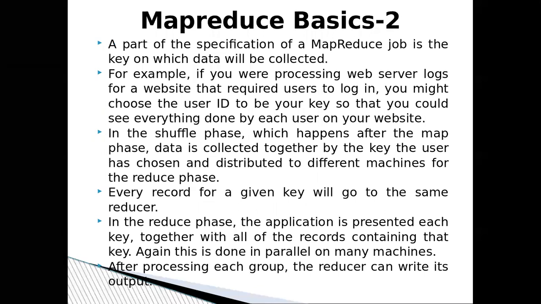And then the second phase is a shuffle phase, in which data is collected on the basis of a key. Now, what is the concept of this key? Let's take an example of web server logs. For a website, whenever people are visiting, there is a log record for them from the time they log in to the time they log out, whatever activities they perform on the website. If you need to process that, you should choose user ID as the key, because that would be the unique thing in that. Your shuffle phase, which is after your map phase, collects the data on the basis of a key. Then this is sent to the reduce phase, where all this is summed up and the results are displayed.